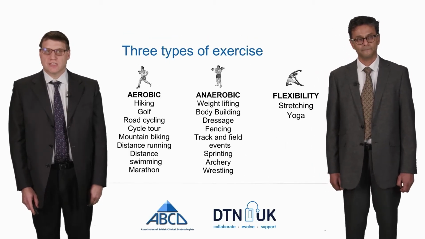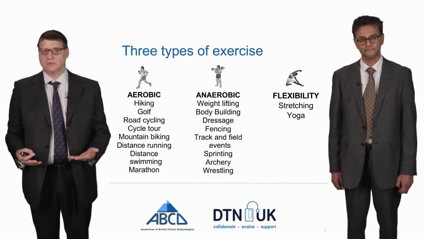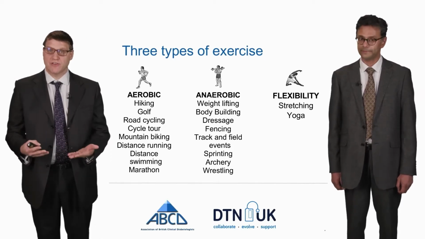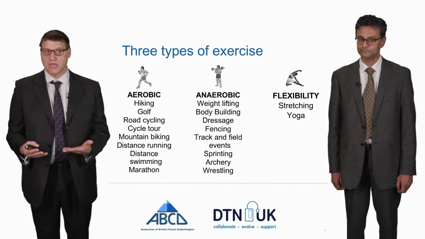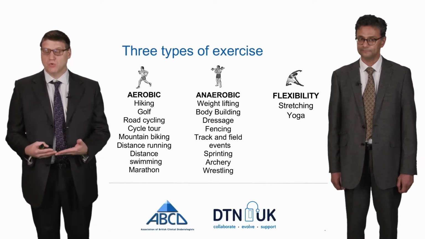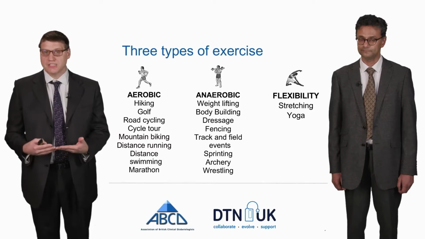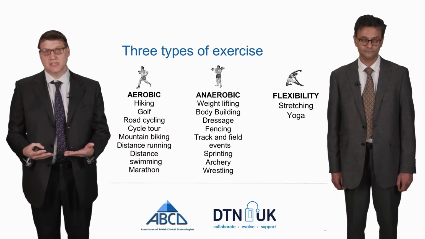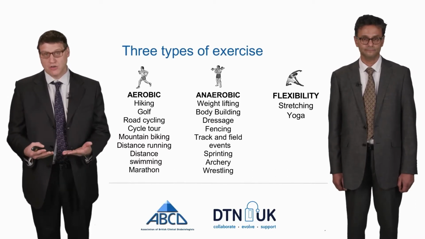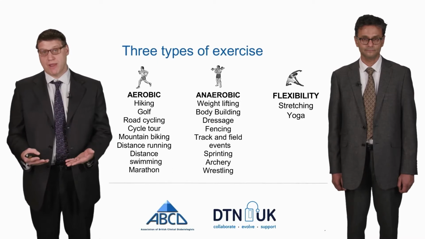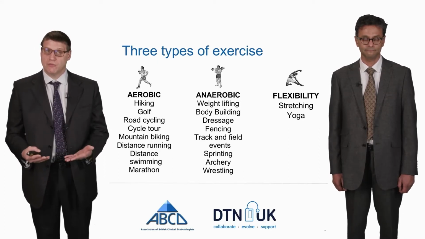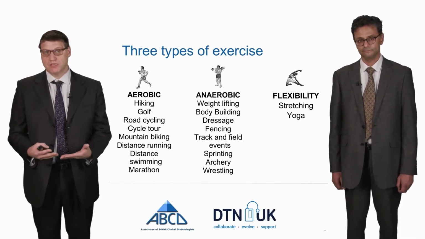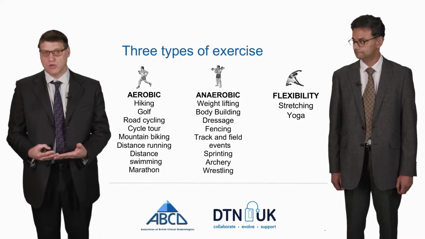So the three exercises, and what we've done here is simply divide them into three types of exercise. The first one is aerobic exercise, and like the word, that is a type of exercise that uses air or oxygen. And examples are shown here, for example, cycling your bike or running. The second form of exercise is anaerobic exercise. And like the word says, that is exercise that is done without air or without oxygen. That tends to be explosive and lasts for about 2 minutes. And then the final form of exercise is flexibility exercise. That's there in order to help you become more flexible, and generally is stretching or yoga.